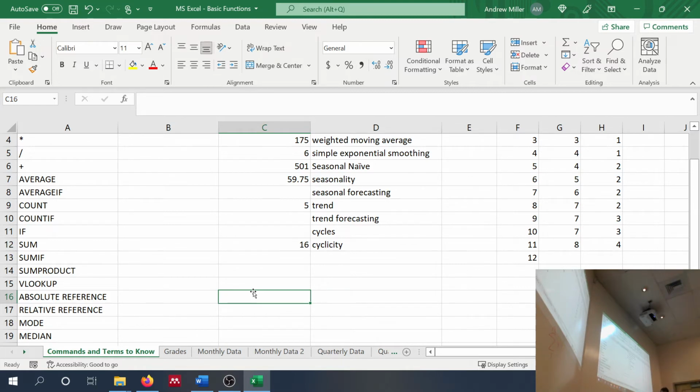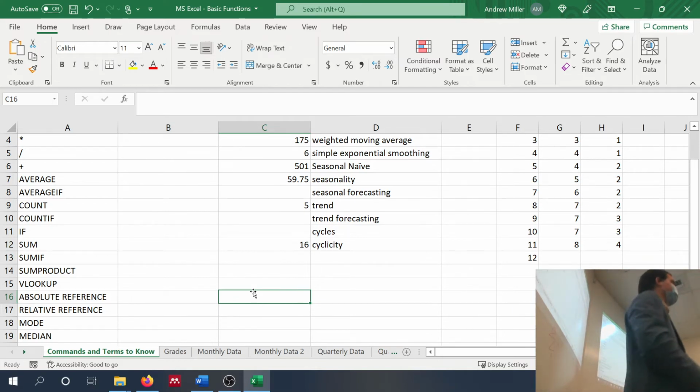Okay, this holds the row constant, this holds the column constant. So it depends on where the $ sign is in front. So hypothetically, I could put a $ sign in front of, let's say, G, but not put it in front of 9. So if I were to copy across, this would keep the G column constant, but it may change the row. And again, we will see lots of examples of this, but that's what we're referring to. Okay, we're talking about absolute versus relative reference. Does that make sense? Let's do several examples of this.